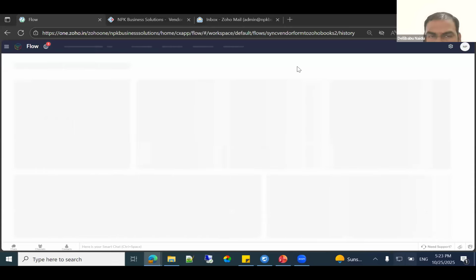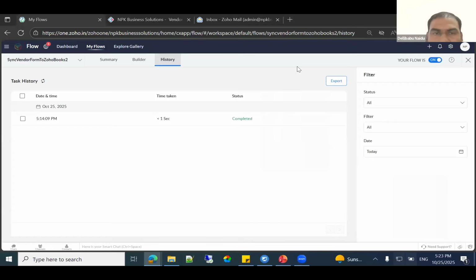Here we are just showing how the application is working, how we can utilize it for one activity, but you can create any number of applications based on your requirement.